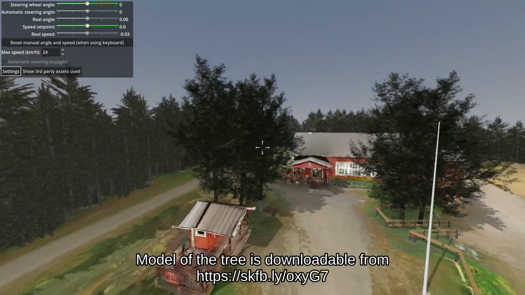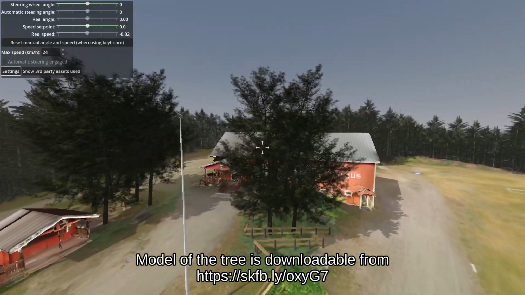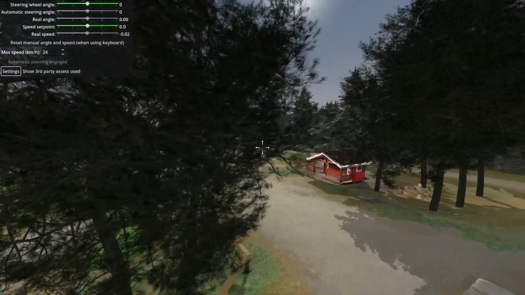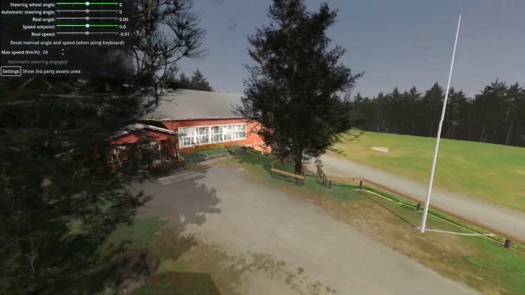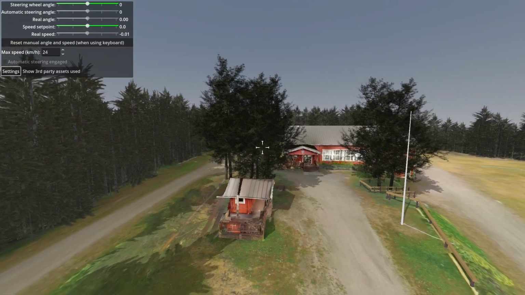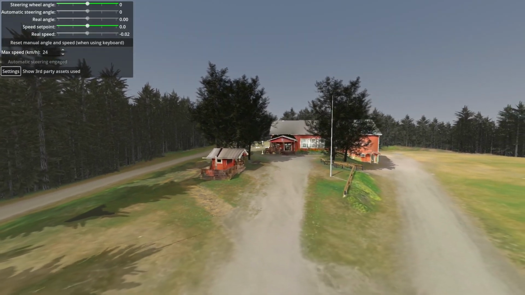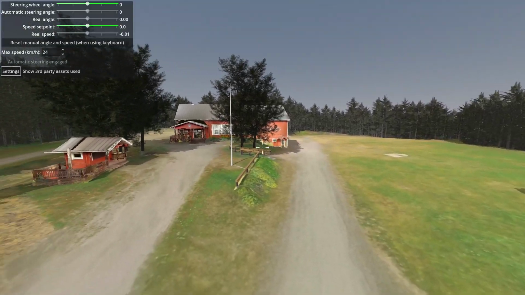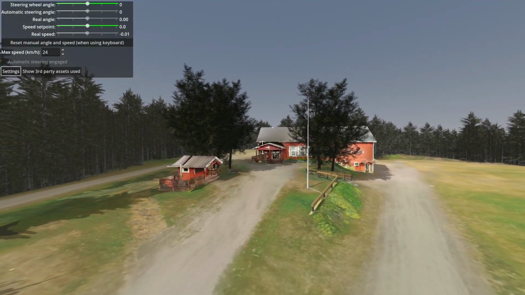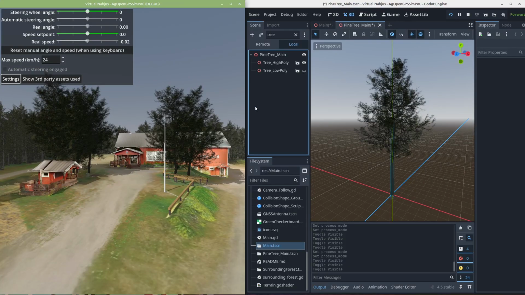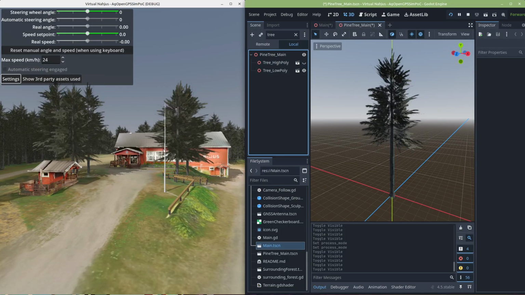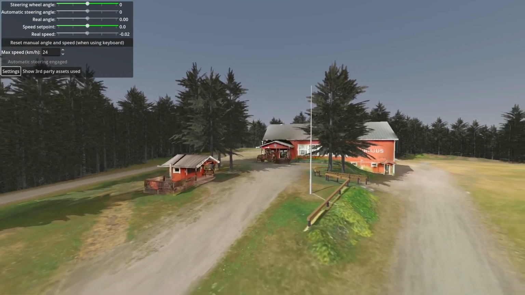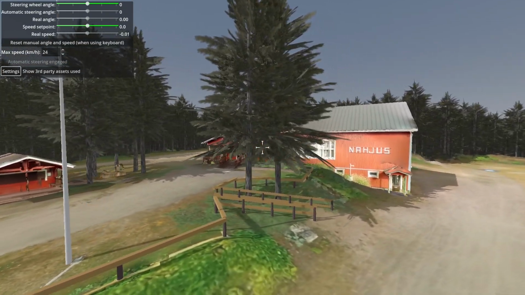So especially if you have less powerful GPU, these may cause some stuttering and lower FPS. So let's change them back to this low poly version. So these are much faster to draw.